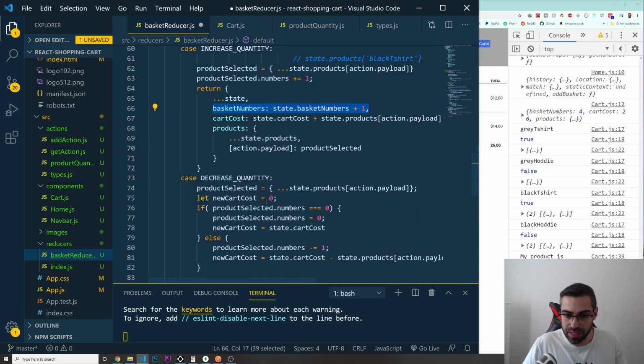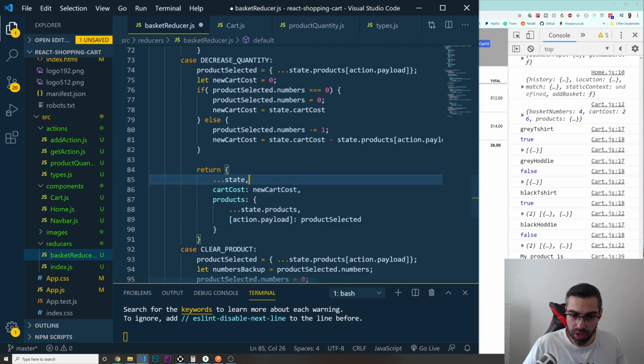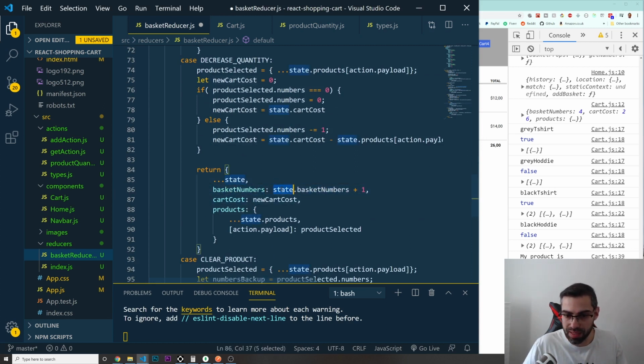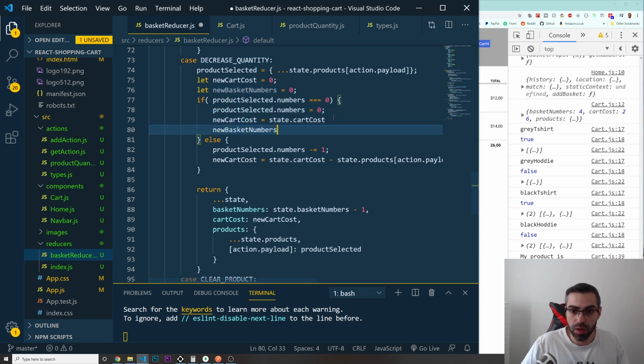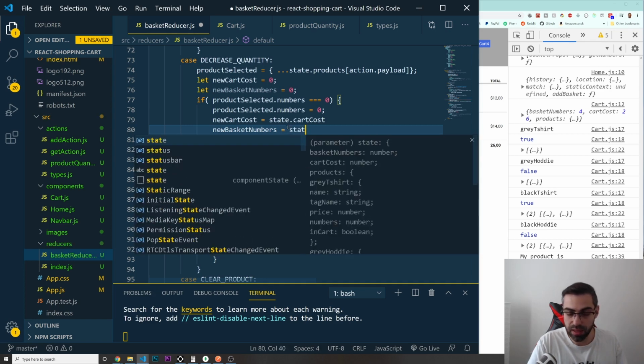And if I decrease the quantities, I'm going to put in here my basket numbers is going to be state.basket numbers minus 1. You know what? Maybe I need to create a new variable, because I don't want this to go into negatives as well. So I'm going to put in here let new basket numbers is going to be equal to 0 initially. And if we already have 0 on the top, I'm going to put new basket numbers is going to be equal to the state dot